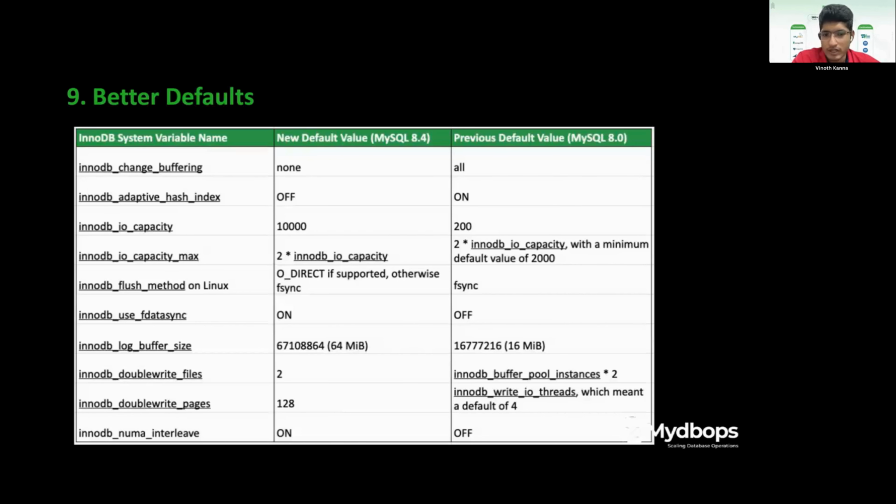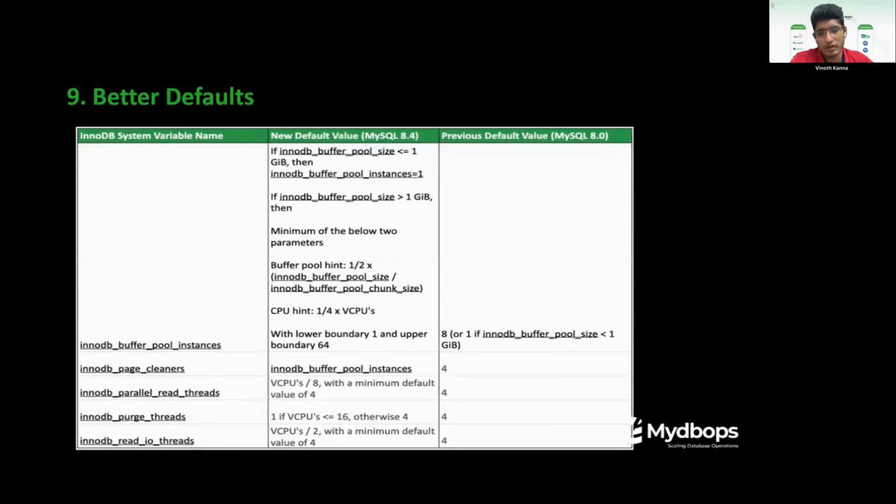And log buffer size is increased reasonably. Previously, it was just 16 MB. This log buffer size is increased as per the calculation of redo log capacity. And you can see here,